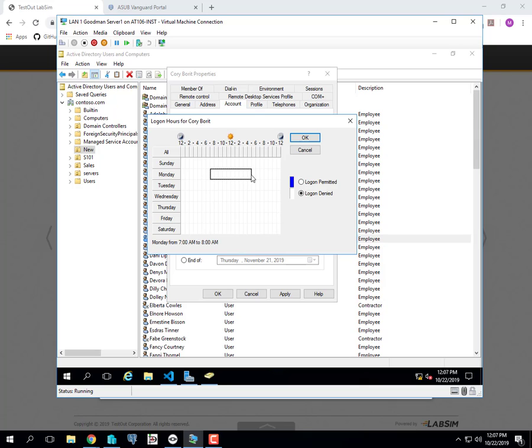Say 7 a.m. to 6, like 7 to 6, whatever you want. And they work an 8 to 5 job, but in case they get there a little bit earlier or work a little bit late, give them that window and go, okay, you can log in during that time. They can't log in during the weekends or outside of working hours. That's a security mechanism